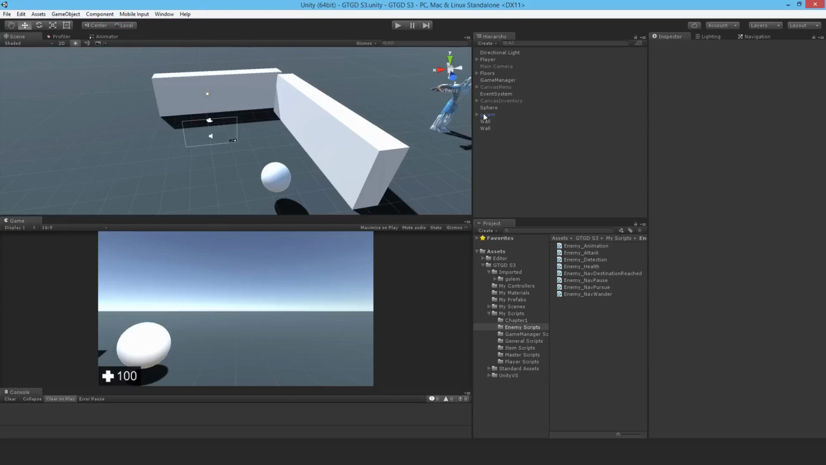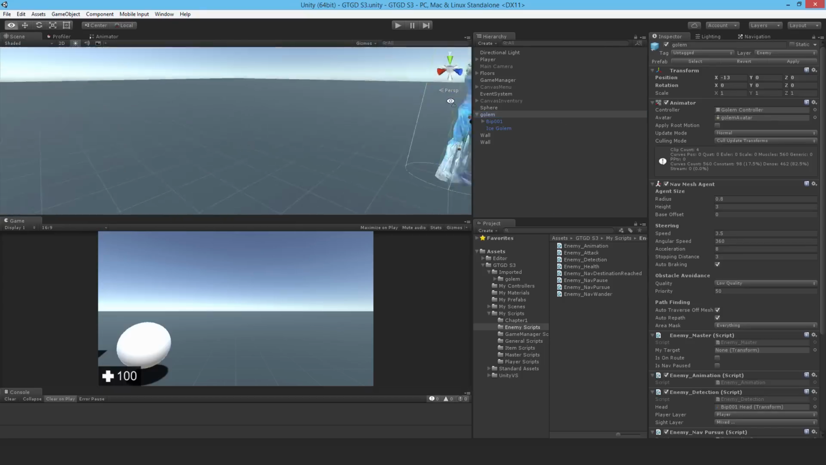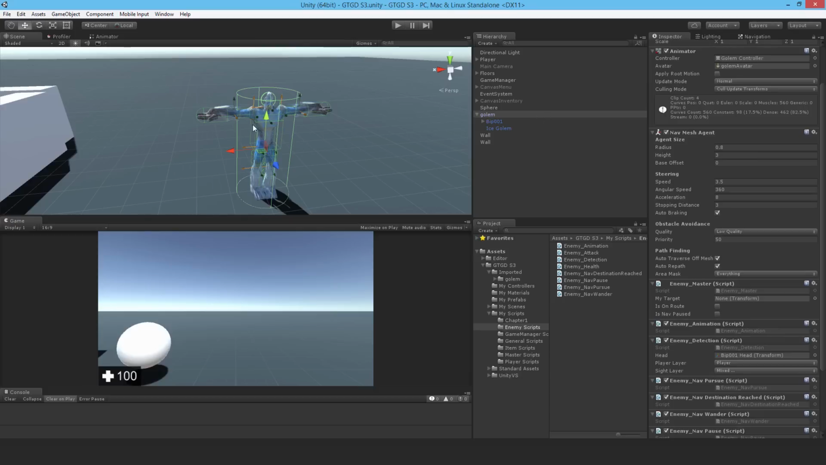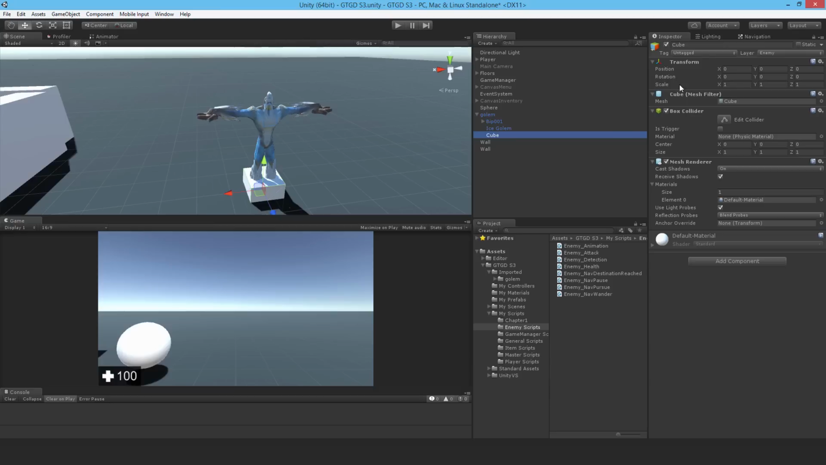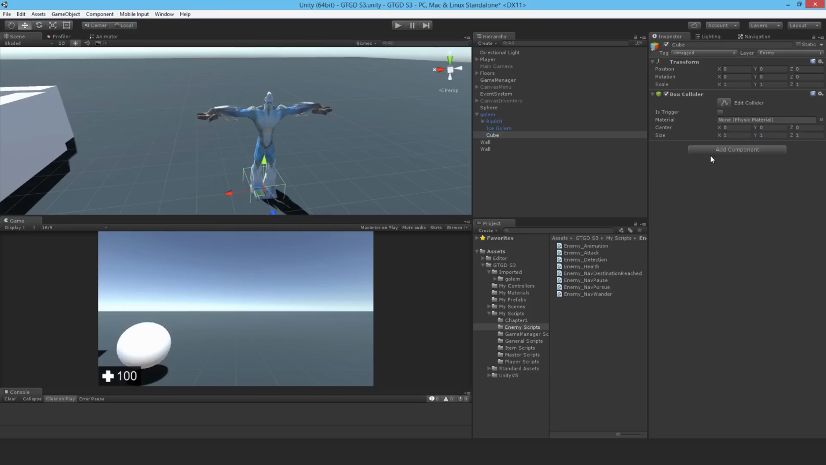Okay, now before I write the script, I'm going to actually add a hitbox to the golem, and I'm going to attach the script to the hitbox and to the head of the golem. The hitbox will also allow the golem to smash through rigid body walls, and so let me just add a cube to begin with. I can get rid of the mesh filter and the renderer,